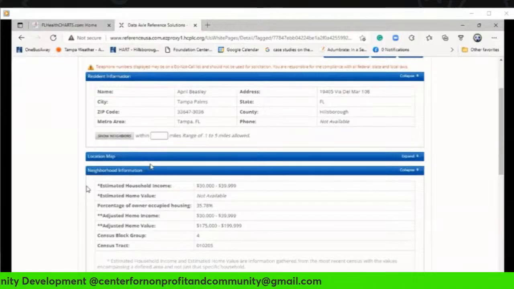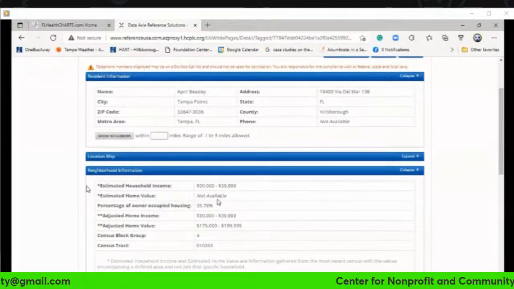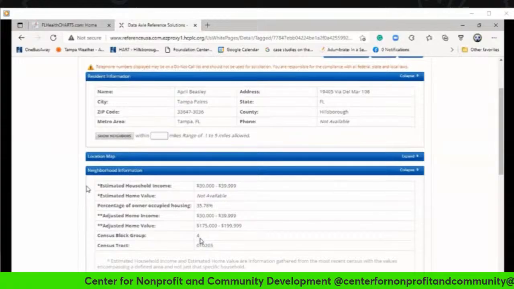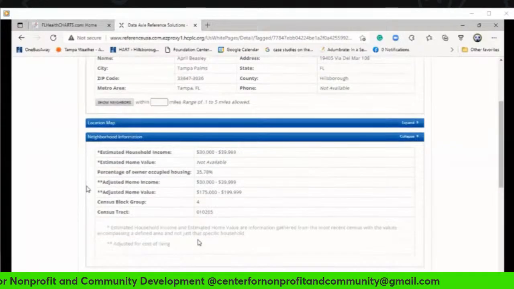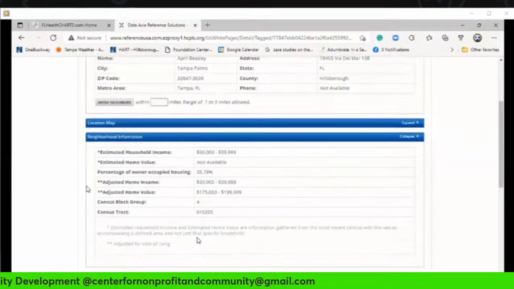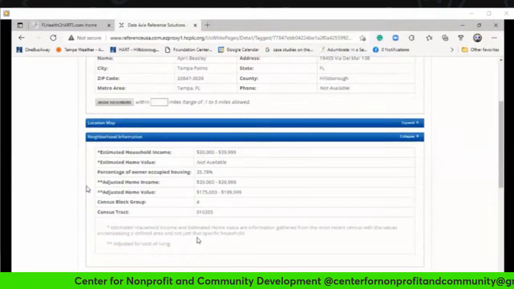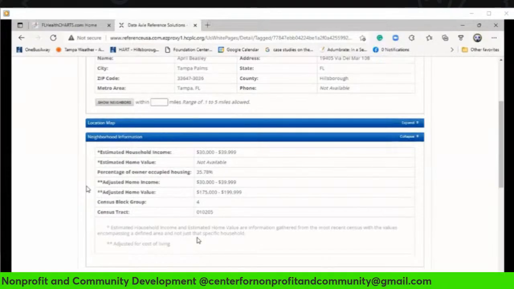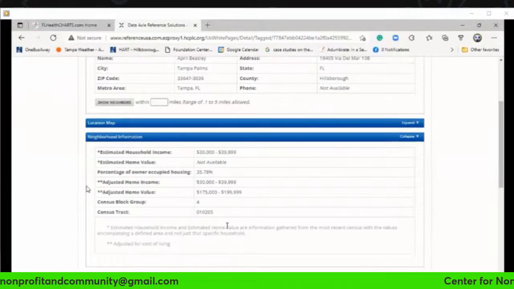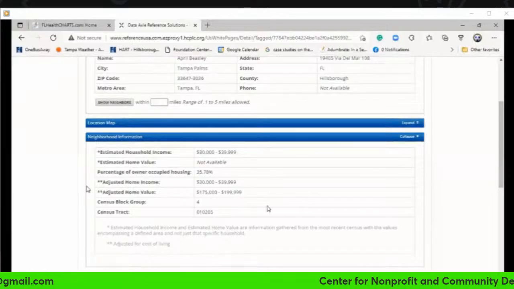down to the address. We can go down to what is the income in that household. We can go down to the value of that particular house. All this information is critical in terms of drilling down to get a real picture as to the degree of the problem in your neighborhood. Again, this will only give you economic information and household value information. That's the only data you can get from here. But you can see how you can drill down to the individual